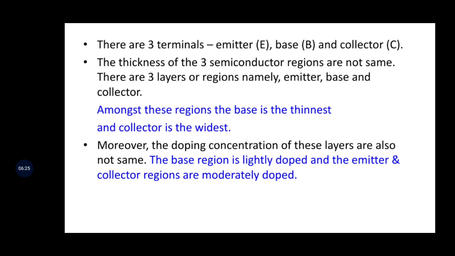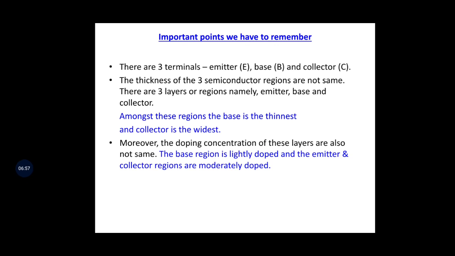Last point, apart from this, moreover, the doping concentration, that is the amount of the impurity atoms we are adding to make the materials extrinsic type, the doping concentration of these layers are also not same. Very important point, the base region is always very lightly doped and the emitter and collector regions are moderately or medium doped. Lightly doped refers to the doping concentration being in the range of 10 to the power minus 14